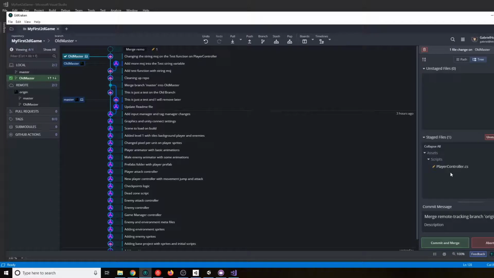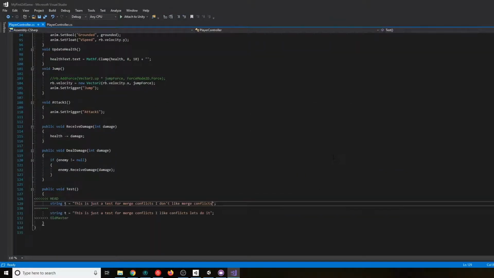I know what's the problem because it already showed me, and I can just go here into code. And this is what I was telling you: when you don't have a user interface tool, Git is still giving you the hints of what's the problem, what's the merge conflict. So here it is showing me what the changes are. Here, in your head, Head means my local branch.